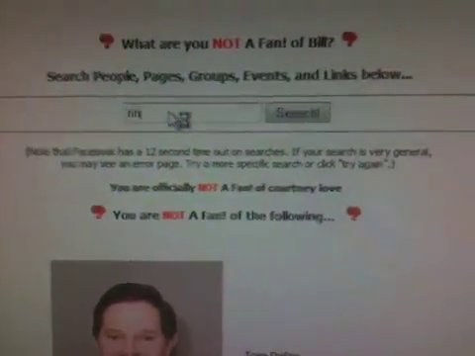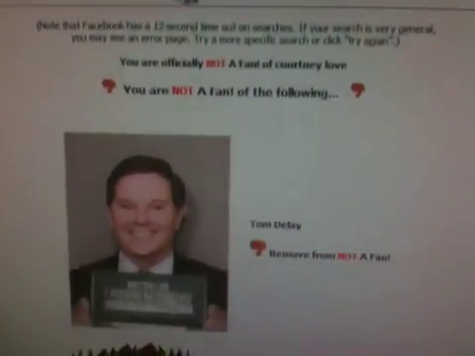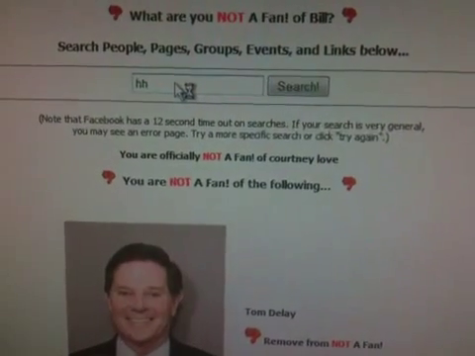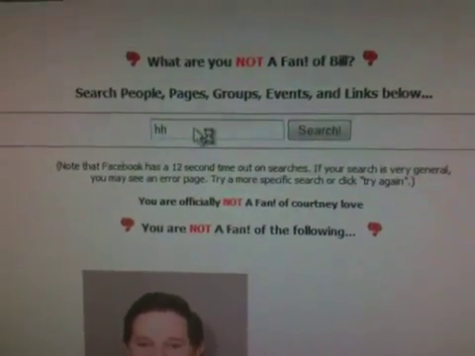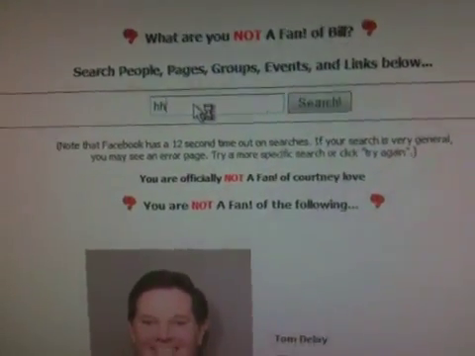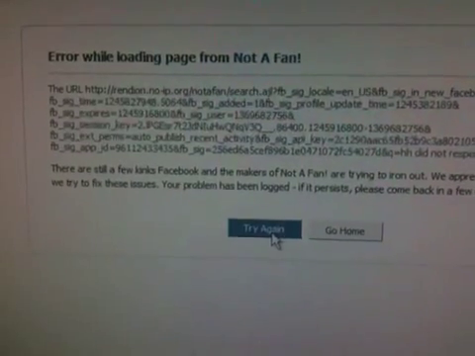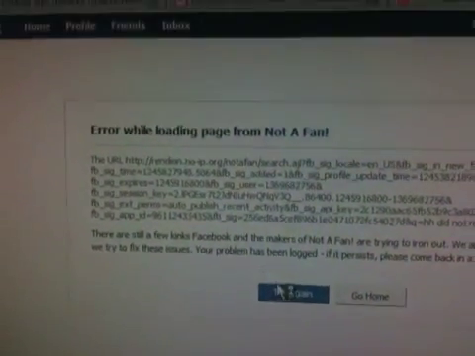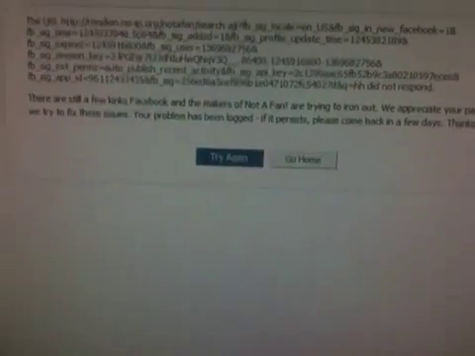So if you search on something that doesn't exist or takes a lot of time, you could get an error page because there's a timeout, and that's cool. You know, Facebook has to do that. Okay, so you could say try again or whatever,